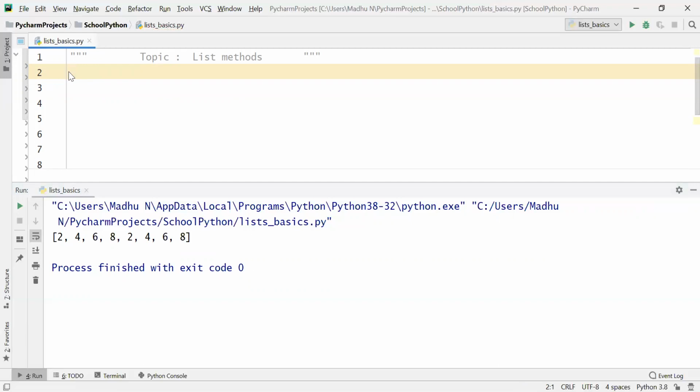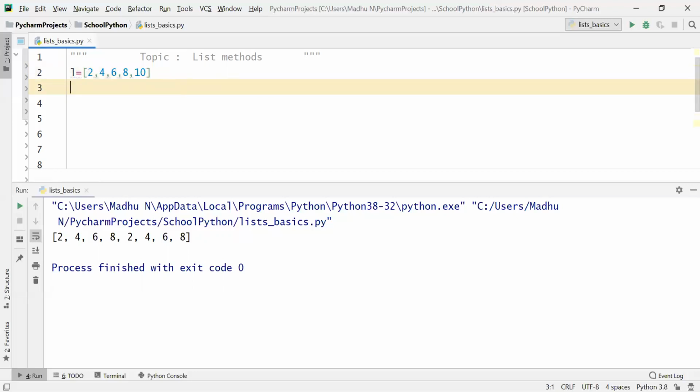So then, slicing of lists. If I have a list of 2, 4, 6, 8, 10, and now I want only the elements which are above 6, that is 6, 8, 10. Slicing is nothing but getting a sublist. I don't want the entire list, I can select a sublist. For that you have to slice this. Now slicing is the same as